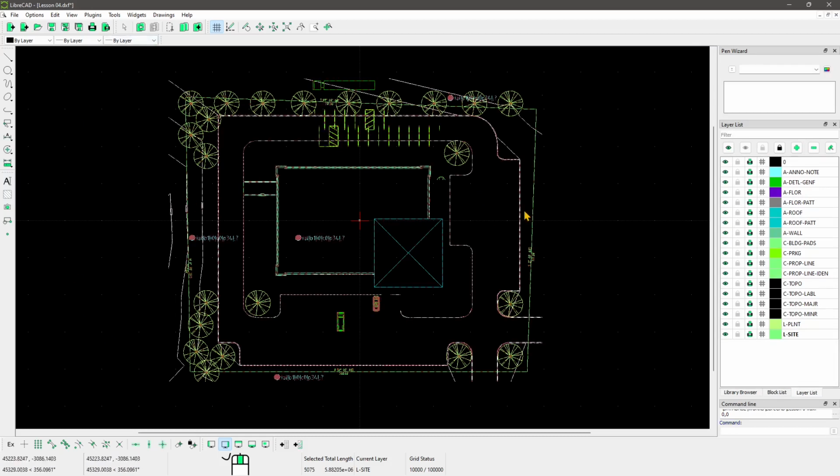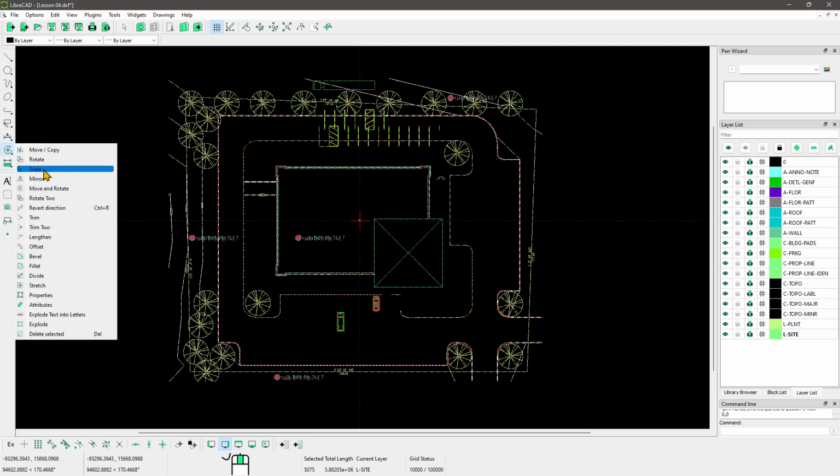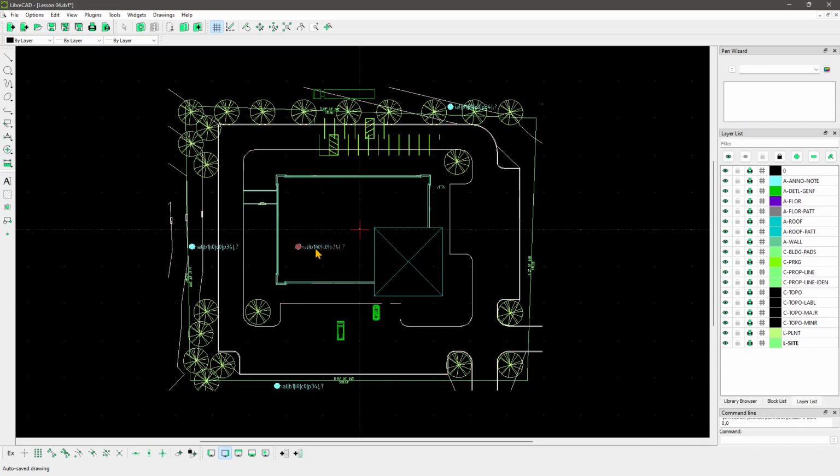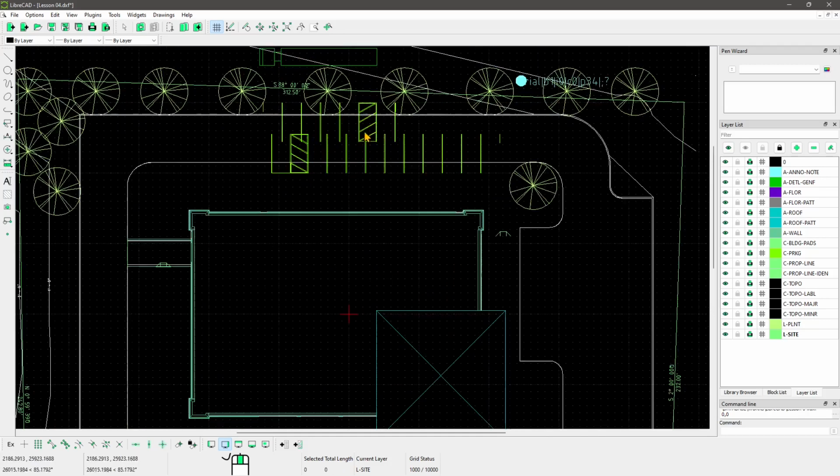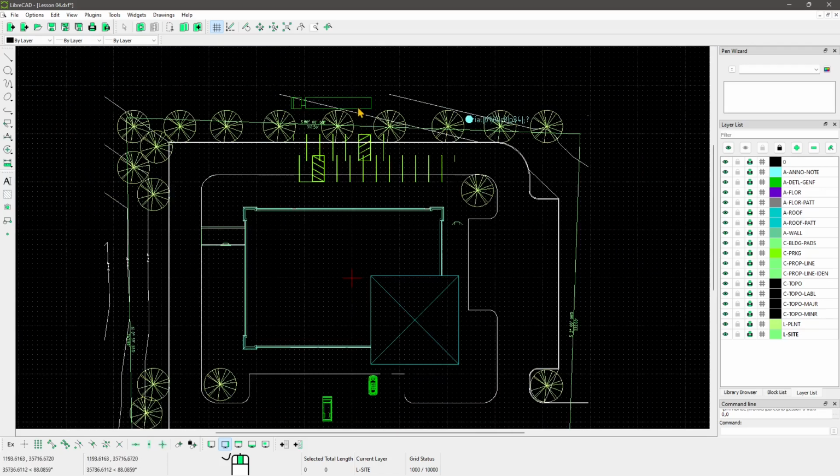So I cannot work with this unless I just use it as a reference. But if I want to edit the lines and all the objects, the geometry that are inside, I need to explode once again. So let's go back here and go to explode. And now we can edit the single parts. Some are like blocks within the block, so you need to select them. And you can see we have a problem here with the parking spots, lines, that they're like in the wrong